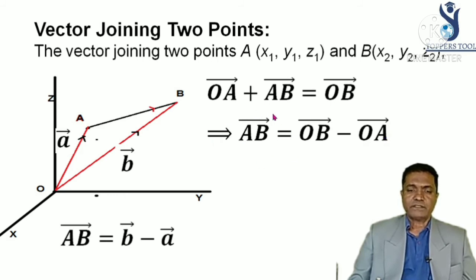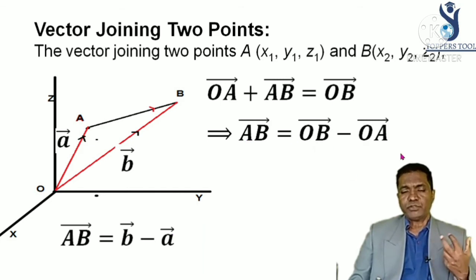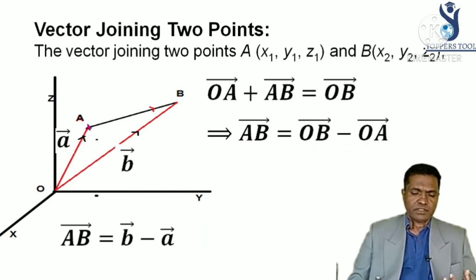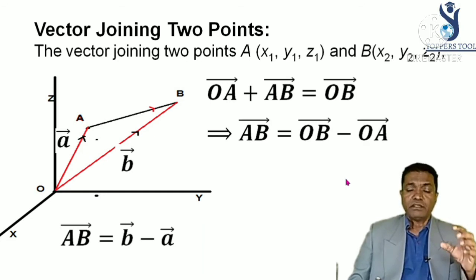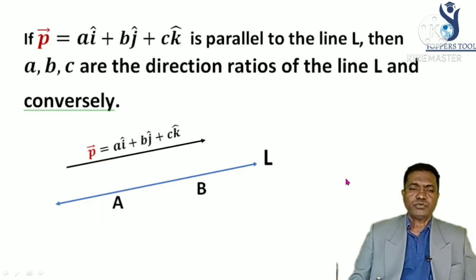So how can you express the vector joining 2 points in terms of position vectors? Vector AB is vector OB minus vector OA. If this is your vector B, you can write vector B minus vector A. Remember that any vector joining 2 points can be expressed in terms of position vectors. Suppose this is your PQ, then I can write in terms of position vectors, vector PQ is OQ minus OP. Remember this, again this is going to be used in the next two theorems. These are all basic things I am giving you to understand my next two theorems.